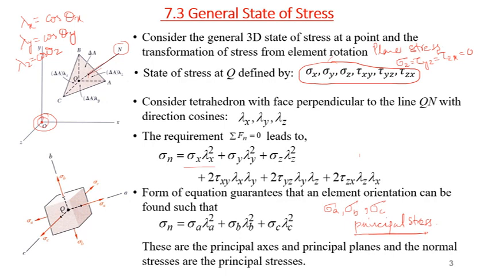If at a certain orientation for a general state of stress the shear stress vanishes, you are left with normal stresses, and these will be your principal stresses. Over here you will have a maximum stress, a minimum stress, and a stress in between, where at that orientation the shear stress becomes 0. Okay, so in a general state of stress you have three